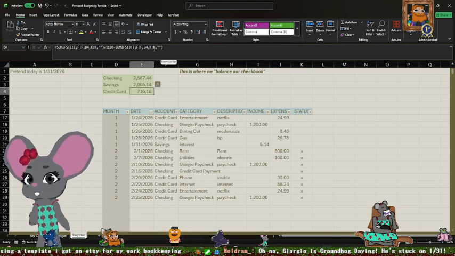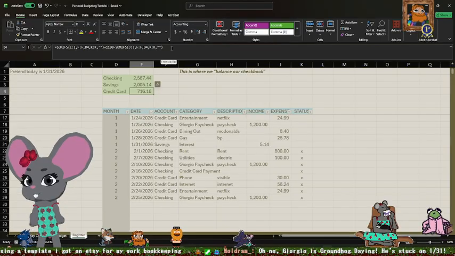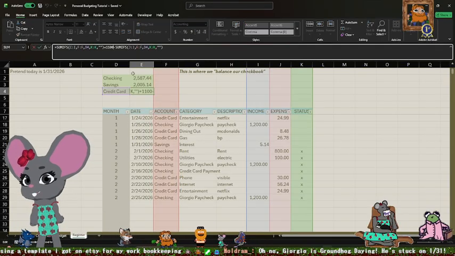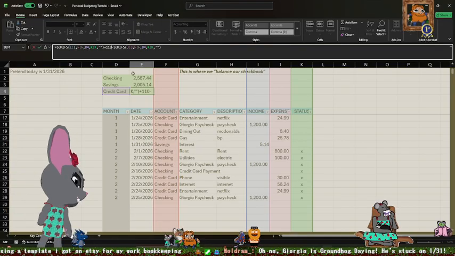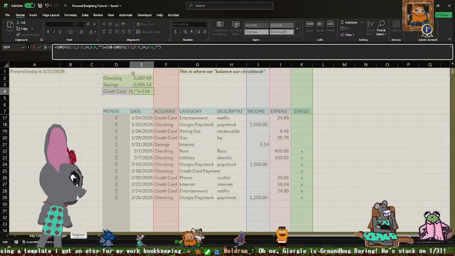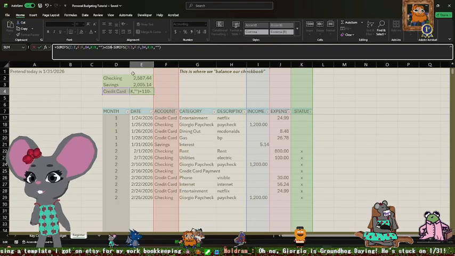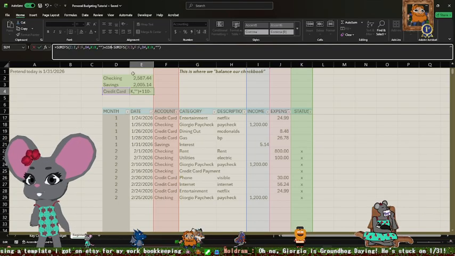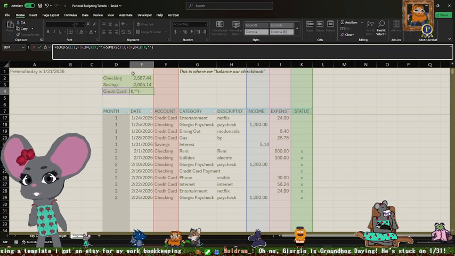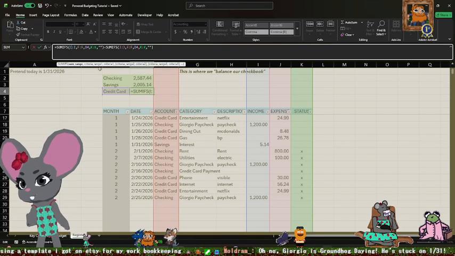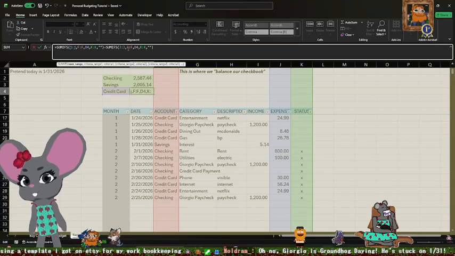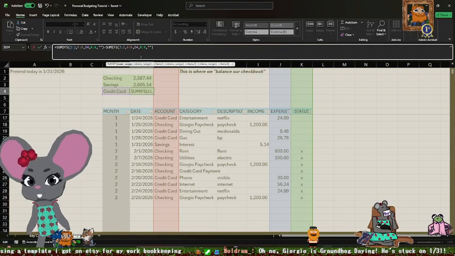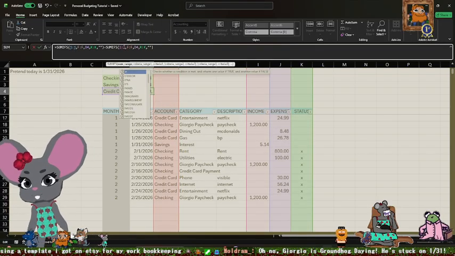We want to take out this beginning amount, because we're pretending that we just started using our credit card, so we don't have a balance to start with. And we can switch our income and expense columns.